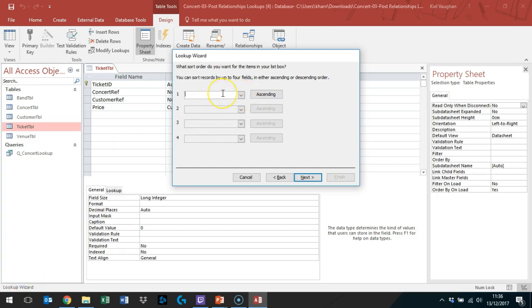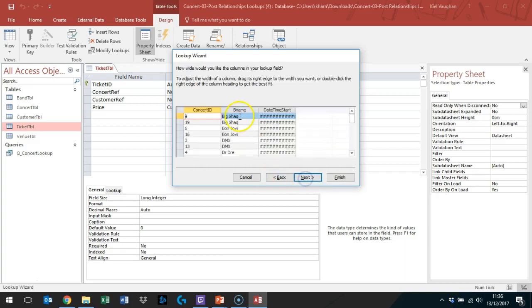You don't have to do this, but it has already been ordered on the query itself, but for good measure you can enter it again. Band name, followed by date time start. We go next. Now, remember, this affects your visual layout, so we're going to truncate the concert ID,